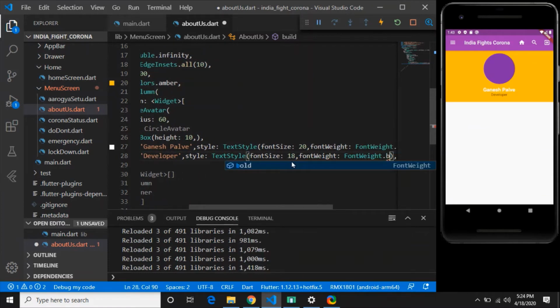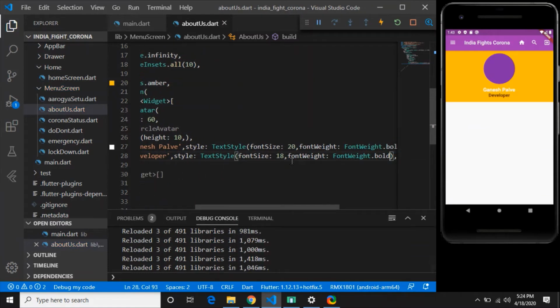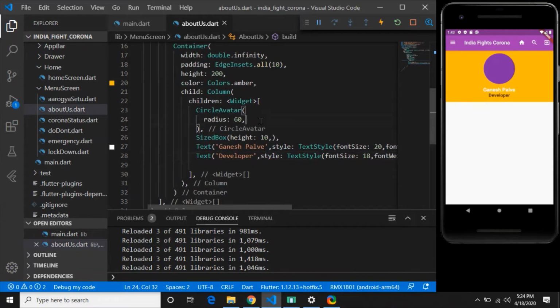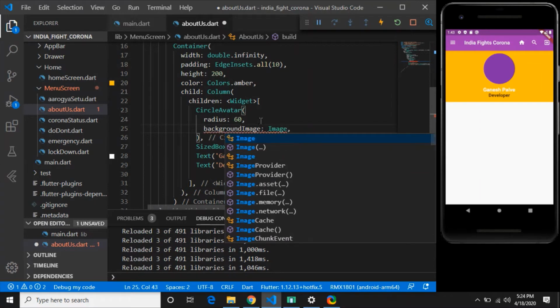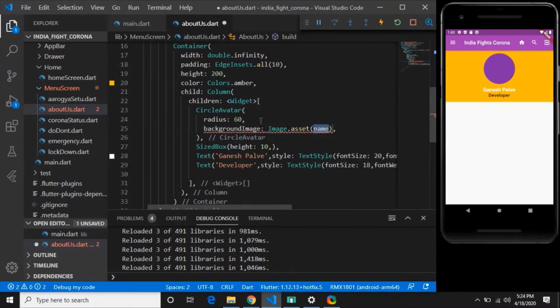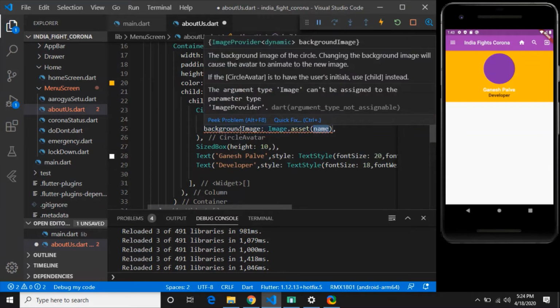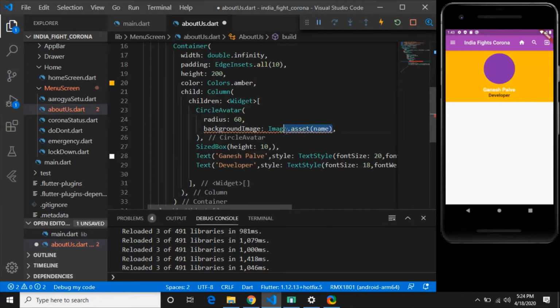Now what I want is to add an image to this CircleAvatar. So what I will do, the backgroundImage option is there, and it will take Image.asset. It is saying the background image of the CircleAvatar can't be assigned an Image, it needs an ImageProvider, so I will use another class, that is AssetImage. Yeah, AssetImage, and I will give the asset name.